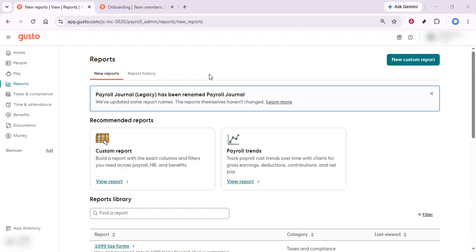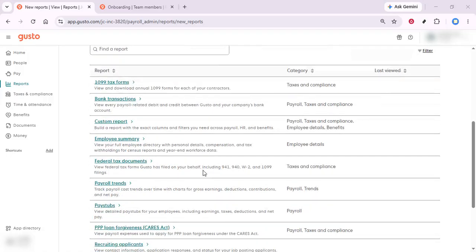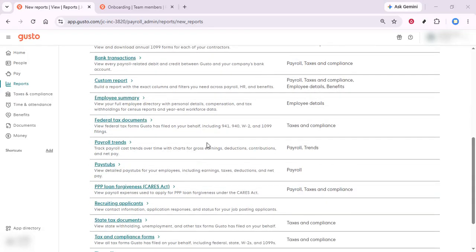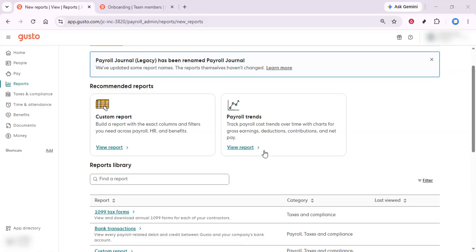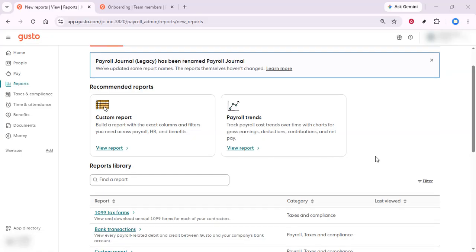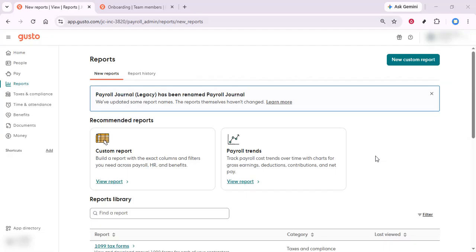To get started, you'll first want to open your preferred web browser and navigate to gusto.com. If you're not already logged in, make sure to enter your credentials to access your account. Gusto is a comprehensive platform that manages HR, payroll, and benefits, so being familiar with the layout will help you